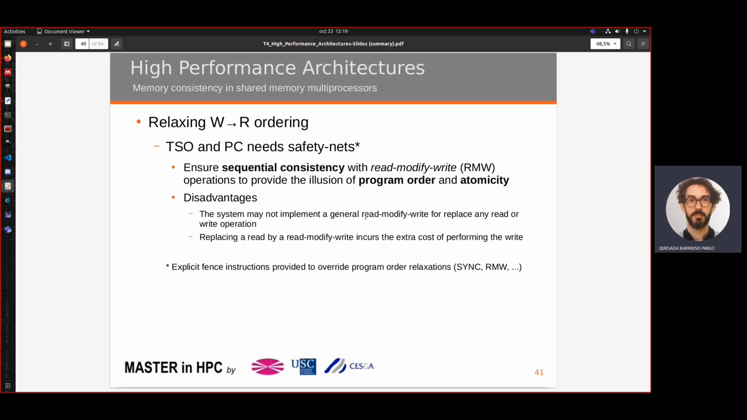So as I have started to relax some of the ordering, now I need a safety net: explicit fence instructions provided to override program order relaxation, which are available in the different instruction sets. This way I ensure sequential consistency, with read-modify-write operations providing the illusion of program order and atomicity. Disadvantages are that the system may not implement a general read-modify-write to replace any read or write operation, and